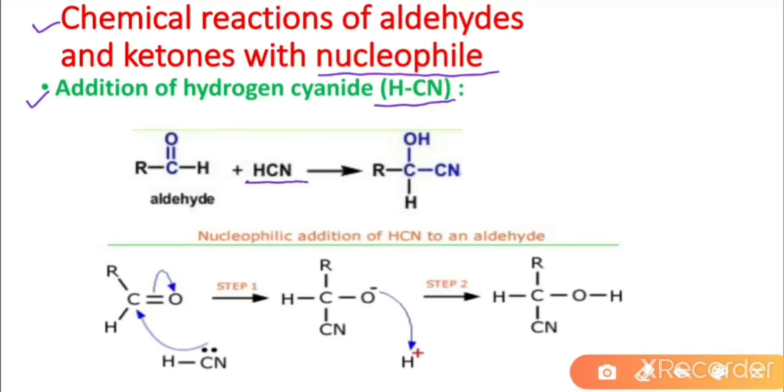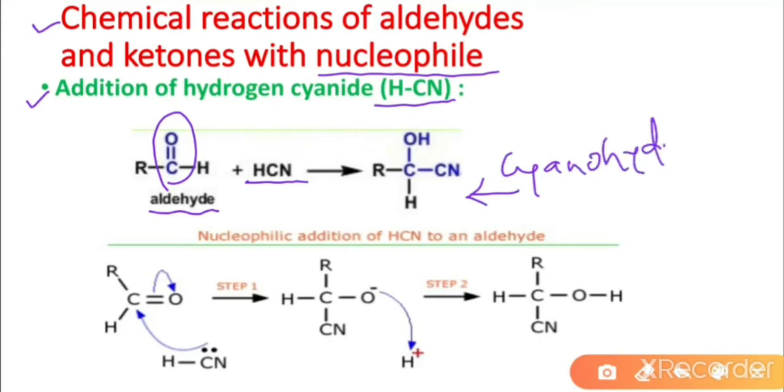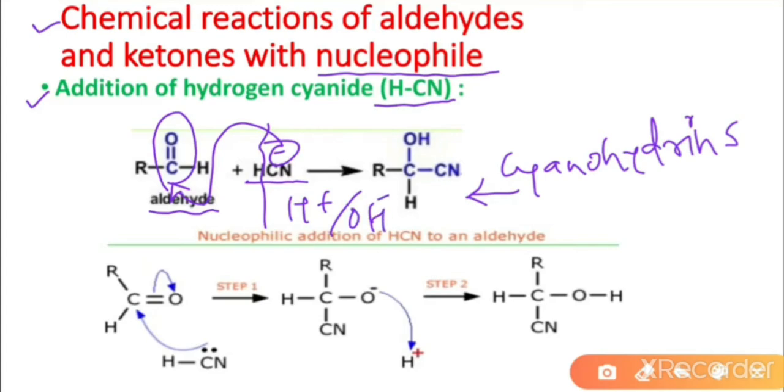Hydrogen cyanide adds across the carbon-oxygen double bond in aldehydes and ketones to produce compounds called cyanohydrins, and the negative part of the reagent, CN minus, attacks the carbon atom of the carbonyl group in the presence of acid or alkali as a catalyst, and the mechanism is: